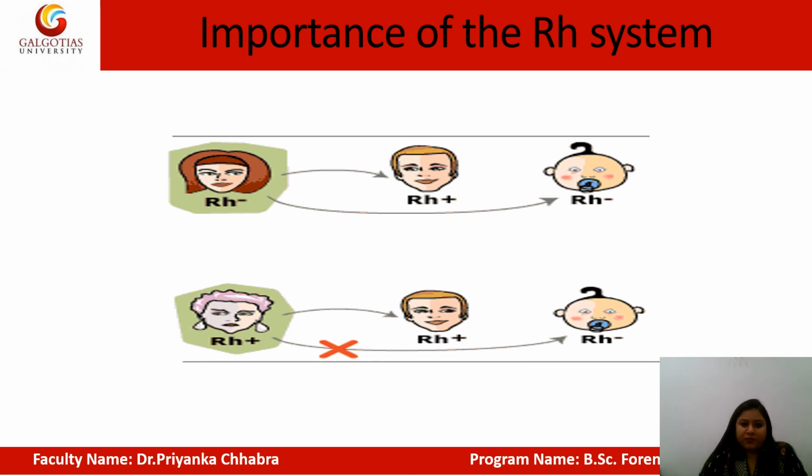A person with Rh negative blood can develop Rh antibodies in the blood plasma if he or she receives blood from a person with Rh positive blood, whose Rh antigen can trigger the production of the Rh antibodies. A person with Rh positive blood can receive blood from a person with Rh negative blood without any problem.